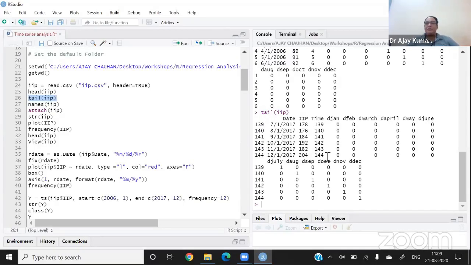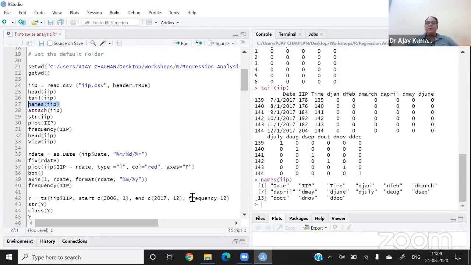If you divide 144 by 12, it is 12 years. We have a 12 years monthly data set. And if I run the names command, I can see all the names of the variables in the file. The first variable is date, IIP, time, dummy of January to dummy of December.